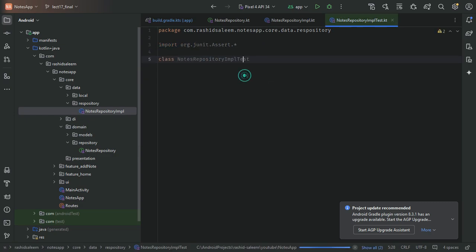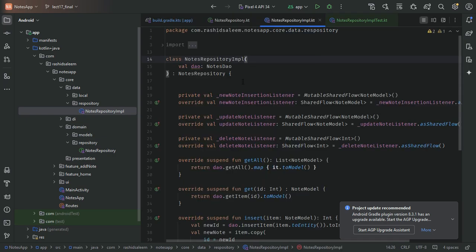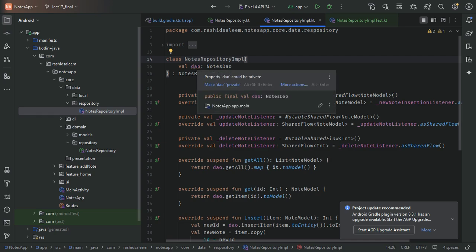So why am I calling this an integration test? Because whenever we are writing a test for a function which involves two or more classes, that test is called an integration test. Whenever we are testing only a single class, then we are writing a unit test. So in this video we are writing the integration test, and this NotesRepository requires